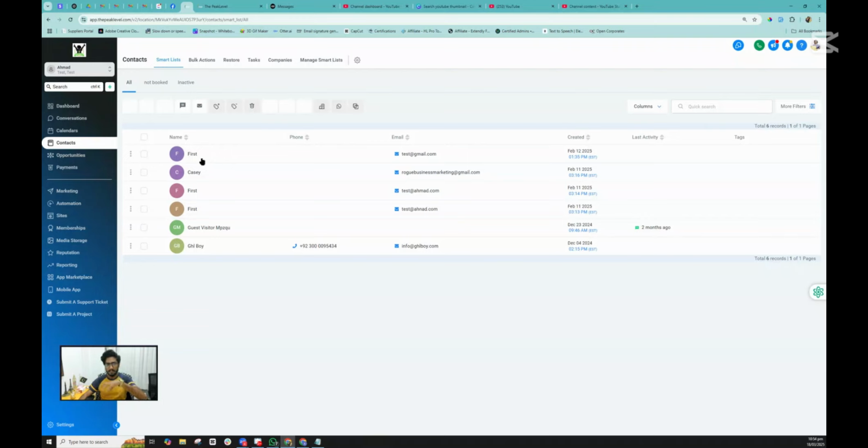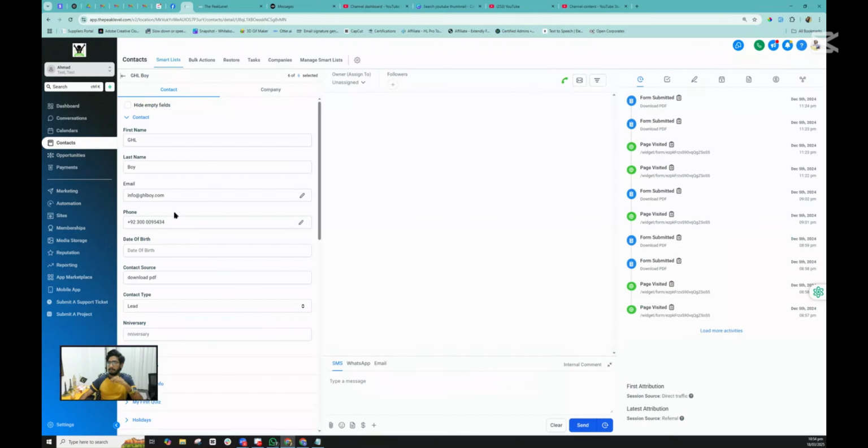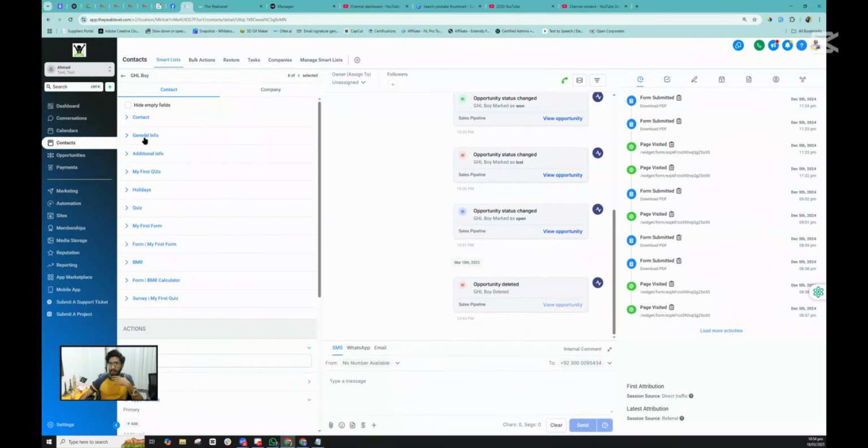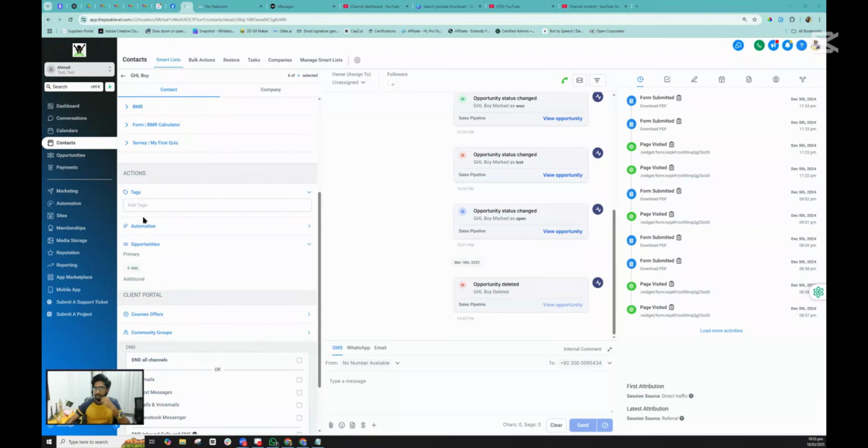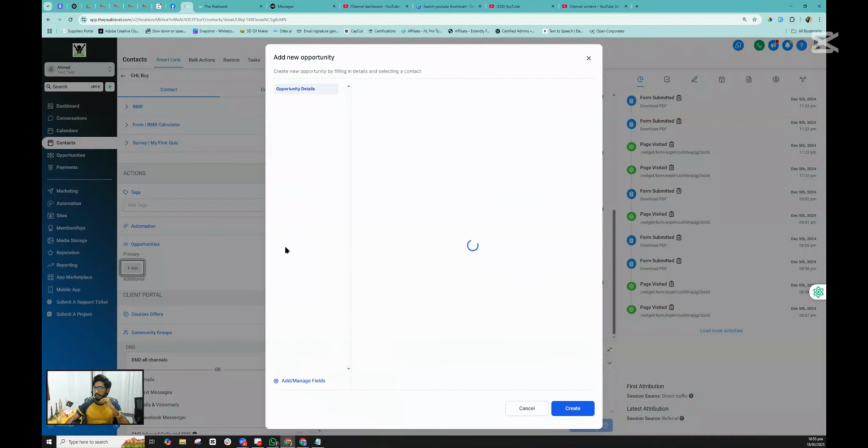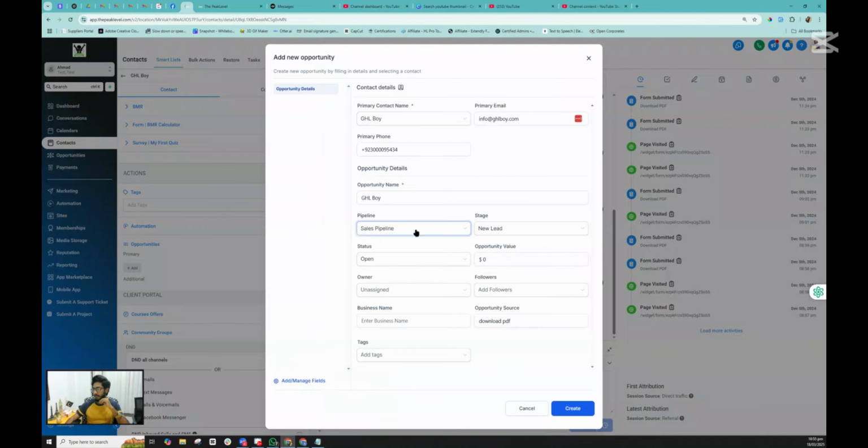Now when a contact also exists in any of your pipelines, that is known as an opportunity inside GoHighLevel. What does that mean? Right now I have a contact called GHLY, and this is considered a contact, and I can have different information linked to it. But if I scroll down and go to opportunities, I don't have any opportunity. That means this contact does not exist in any of my pipelines. Now if I add it to one of my pipelines, for example my sales pipeline under the new lead stage, and I create this,